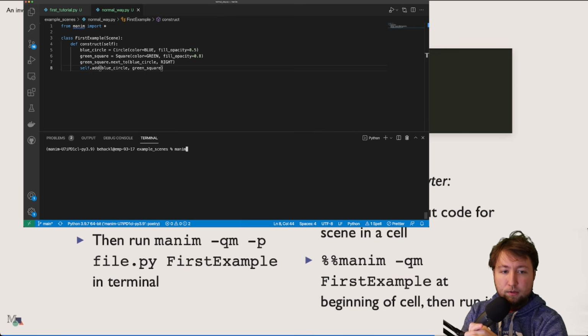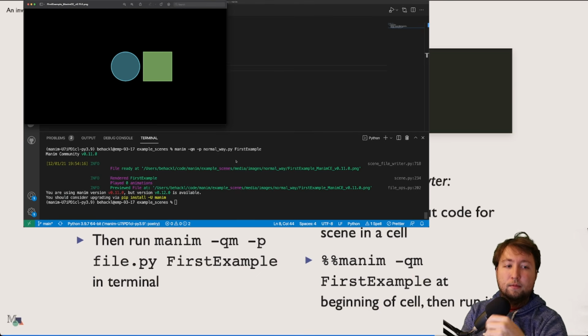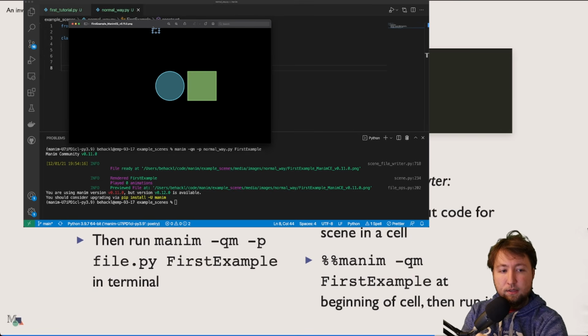In this case, it would be manim -qm -p, then the file name, and then the name of the scene that you want to run, and it will render the file in medium quality. That's what the QM stands for, and then preview the output, which is why we have this little -p.